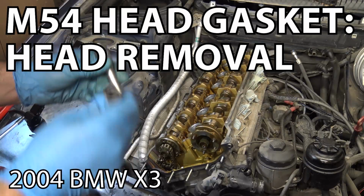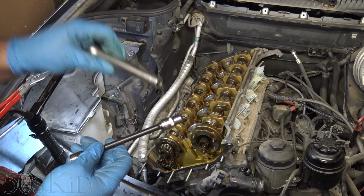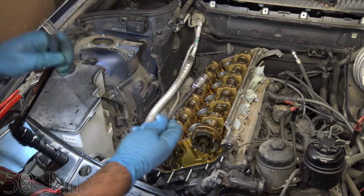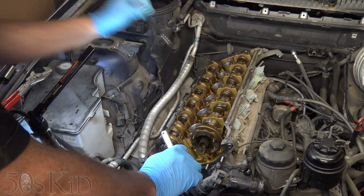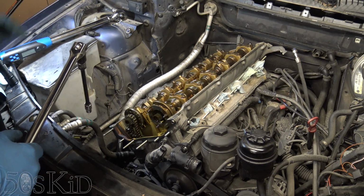So you have options for removing the head bolts. You need an E12 socket. They make this special long socket that just kind of fits in there, or you can just use a normal E12 socket on an extension. That works too. So what I want to do is break the head bolts loose, and then I'm going to